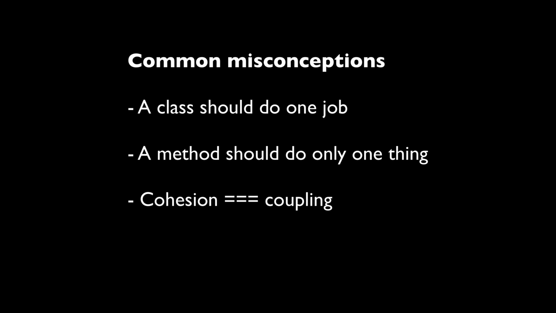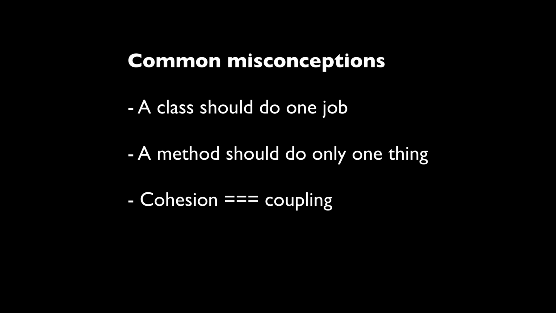A class should have one clear responsibility, but that can incorporate all different jobs into that. A method should only do one thing. Again, very common. Just because a method might fire off a notification as well as increment a spending amount, that is perfectly fine. It falls within the responsibility of tracking a budget, and cohesion equals